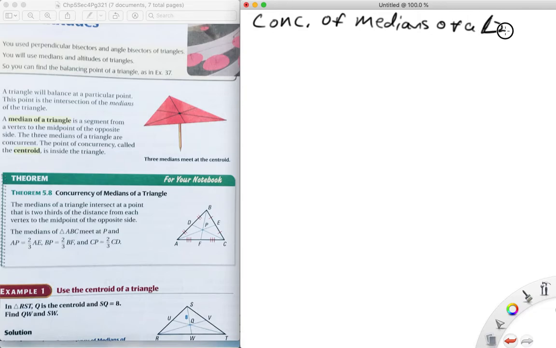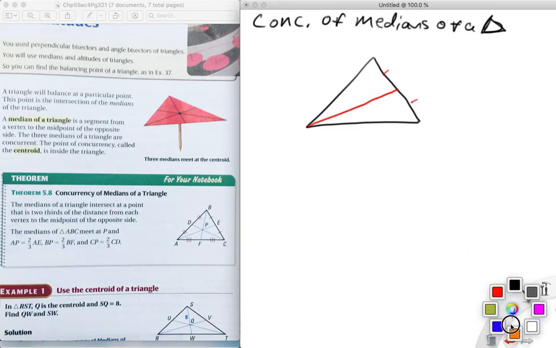And what that says is that if I have a triangle, and I have my three medians, then the point at where they meet, the point of concurrency,